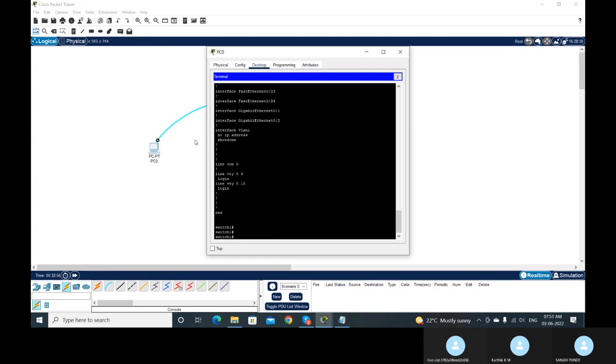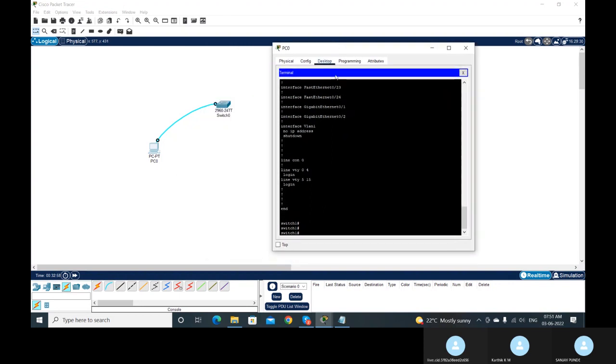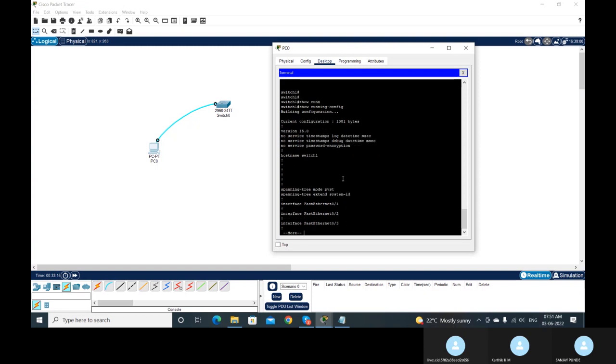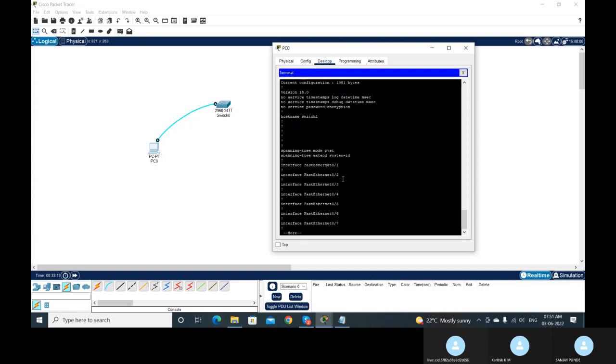Now I am in PC0. Consider I want to access this switch remotely from any system. For that I have to assign an IP address for the switch. If I go here, show running config, and you check the running configuration,